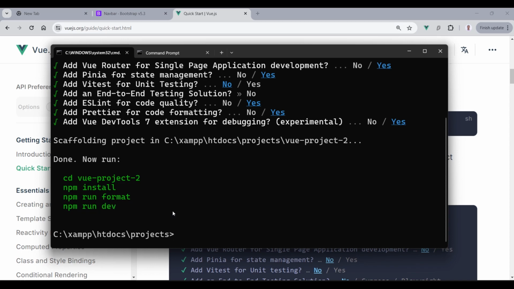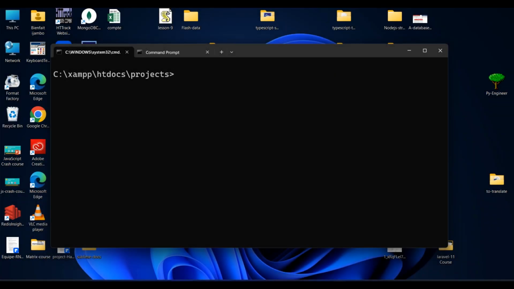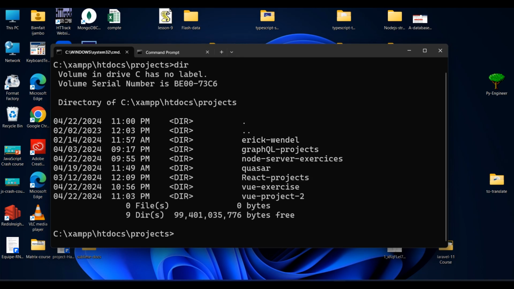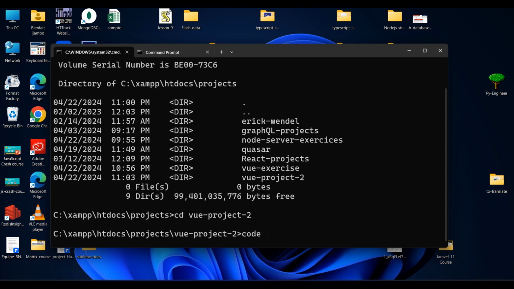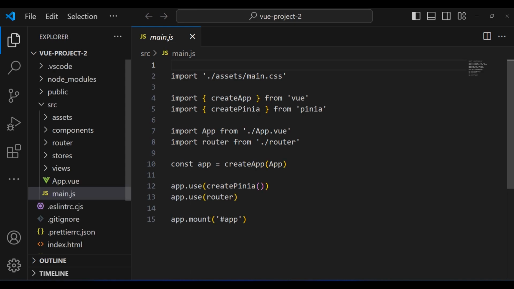Now I'm going to cd within my application. I've already installed a Vue.js project, that is Vue 3 and Pinia. Now I'm gonna get into my Vue.js projects. You're going to notice right here I got Vue project 2. I've already installed it, and then I'm gonna cd into Vue project 2. I'm gonna type code . in order to open my text editor. And then we got a brand new Vue.js project, and then you can see right over here within the main.js file,